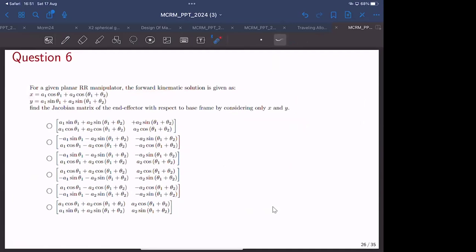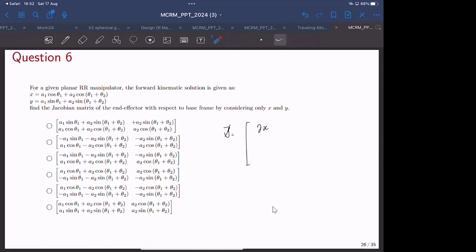X is A1 cos theta 1 plus A2 cos theta 2. Y is A1 sin theta 1 plus A2 sin of theta 1 plus theta 2. Find the Jacobian matrix of the end effector with respect to the base frame, considering only X and Y. So we know that the Jacobian matrix can be composed by